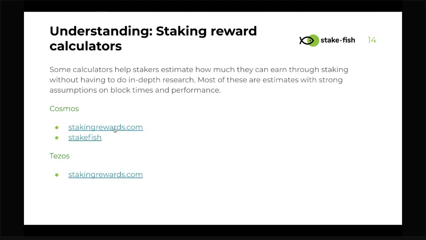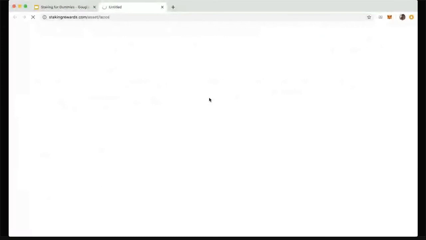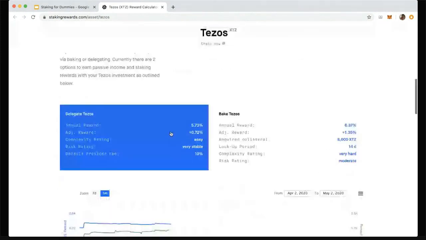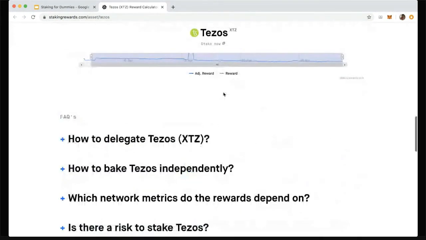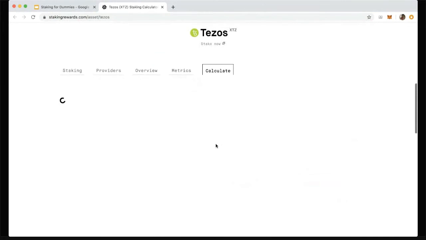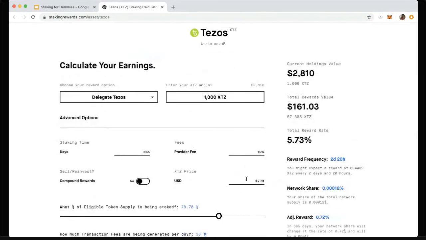staking reward calculators. A huge shout out to stakingrewards.com, which has tried to abstract away a lot of what you would have to do manually to calculate staking rewards. If you go to stakingrewards.com, and as an example, if you go to Tezos, go to calculate, you can see they have a default parameters input and it shows you how many staking rewards you could receive yearly.